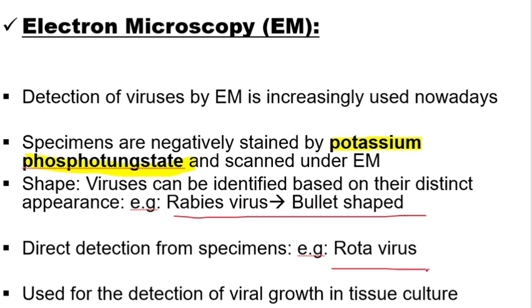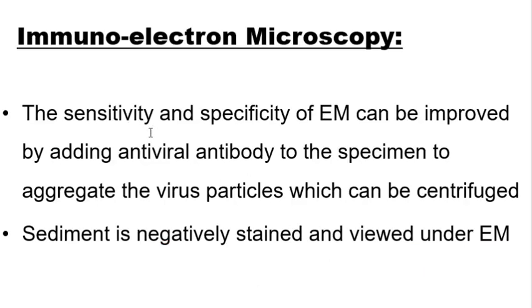And the next one is immunoelectron microscopy. It is a more sensitive and more specific method compared to electron microscopy. Here we are mixing the sample with the virus-specific antibody. This antibody will bind to the virus particles and aggregate them, which enhances the identification and specificity of the test. After this, the mixture is centrifuged and the sediment is negatively stained with phosphotungstic acid and viewed under